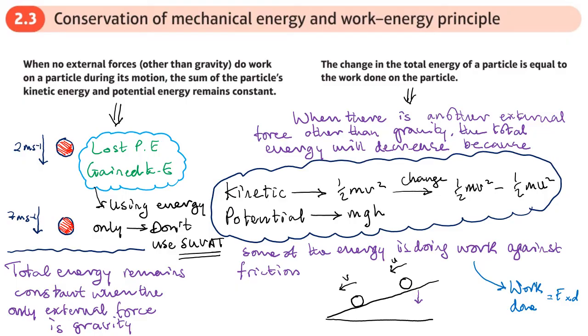So this drop here would show that we have a loss in potential energy as it drops height, because u is probably going to be less than v, so it increases speed. This means that there's going to be a gain in kinetic energy,